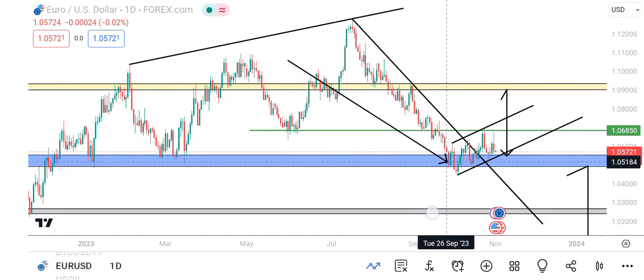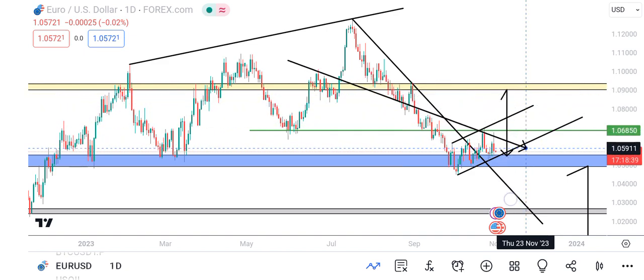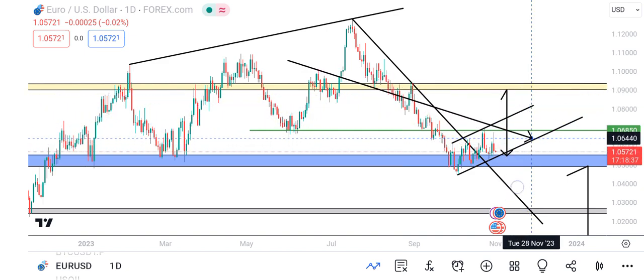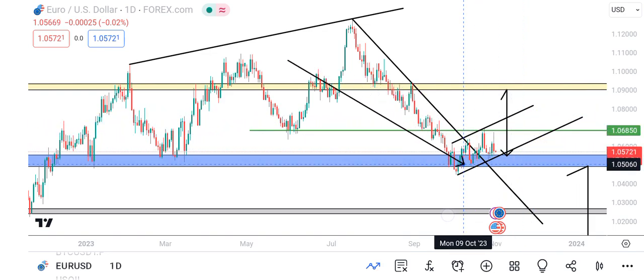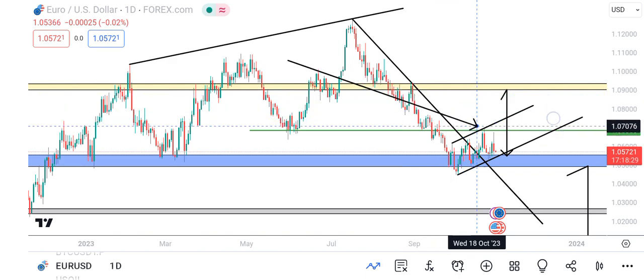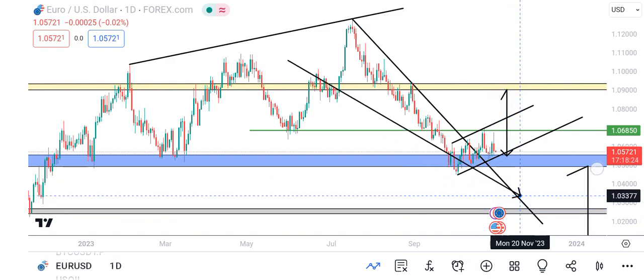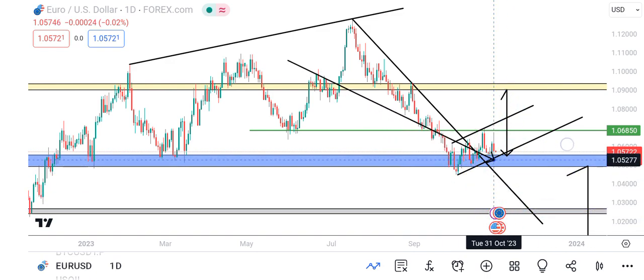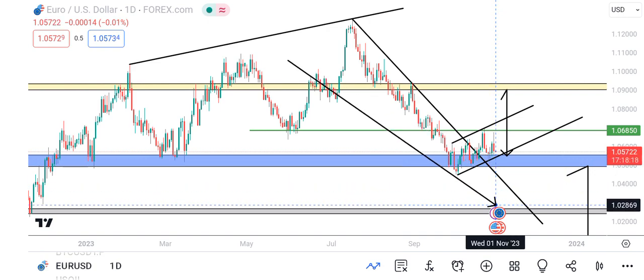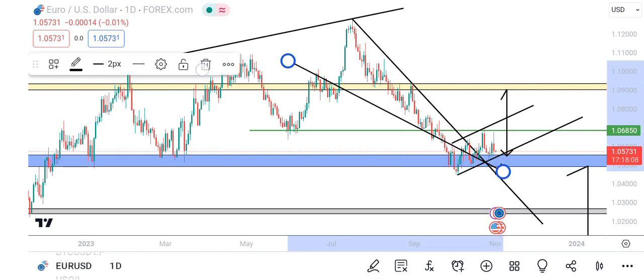Then I'll wait again. I'll be closing the whole position I'm going to be opening from around here. I should be getting like 1:4 or 1:5 on this trade, and I'll know that yes, I've been able to bank this. Then the next thing I'll do is wait again for a break below this major zone, a pullback again. I'll draw the same type of counter trend line, a break below it on the 4 hour time frame, then I'll be placing the sell, and like that, like that, like that. So that's basically it for Euro USD